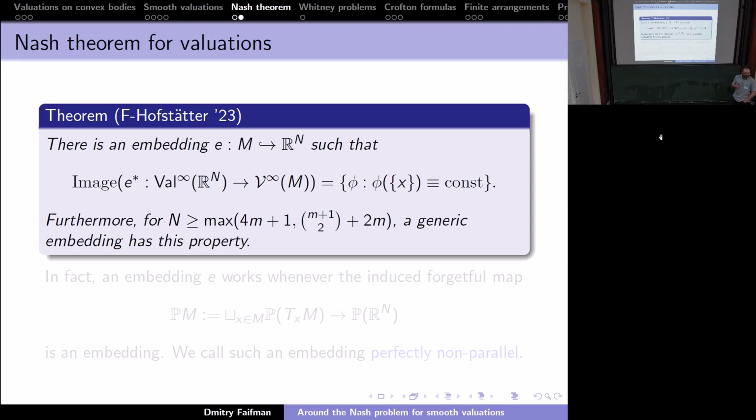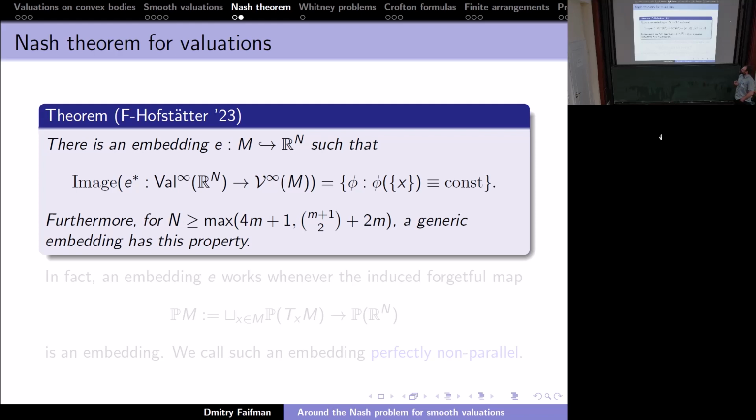I'm sorry? It's an isometric embedding? There's no metric involved. But you can ask the question also for an isometric embedding. Well, but there's no metric involved, so I'm not sure what you're saying. If you start with a Riemannian embedding, you could want a Nash embedding that also... Sure, but they don't have a Riemannian manifold. I thought you said you did, but okay. The only reason I said Riemannian manifold in the beginning is so that we can talk about the sphere bundle instead of the projectivized cotangent bundle, but I never used any Riemannian structure for anything important.